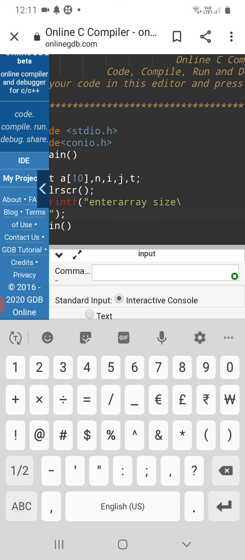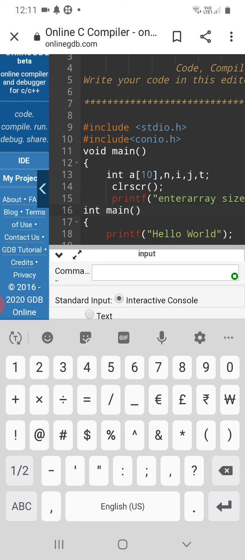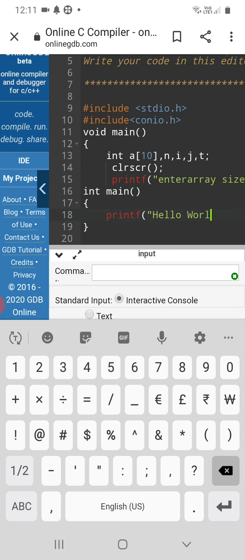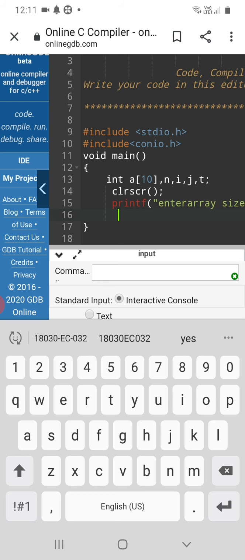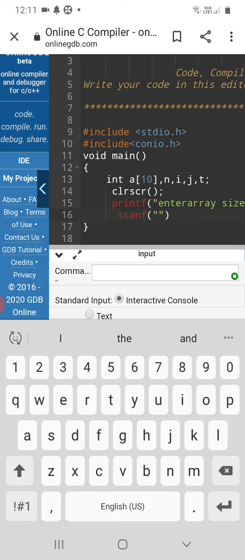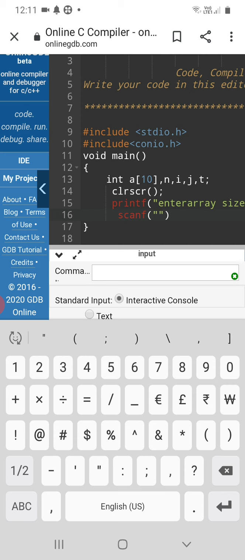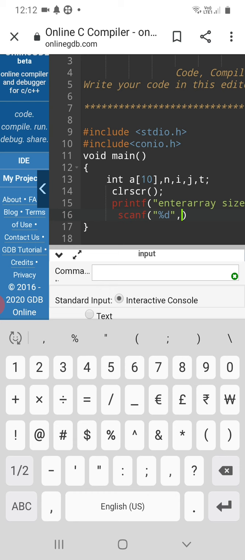Next, I'm clearing it. Now scanf, %d. It is a format specifier. %d, comma, put comma and ampersand n.